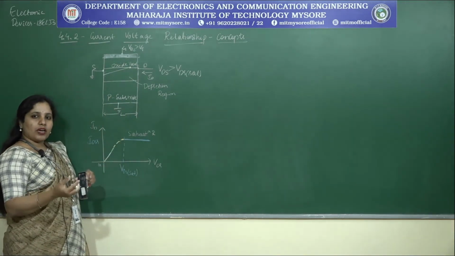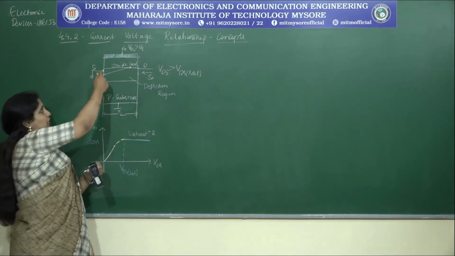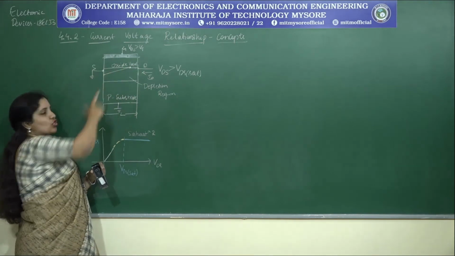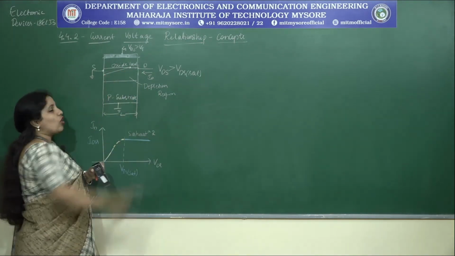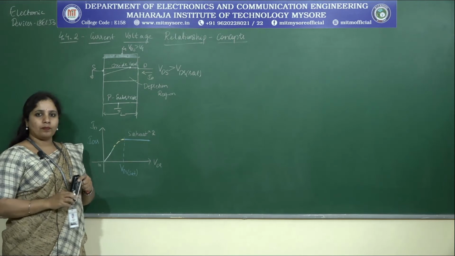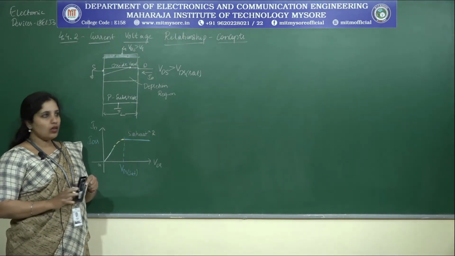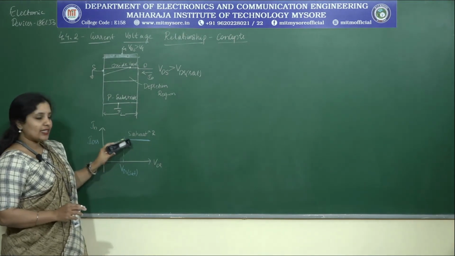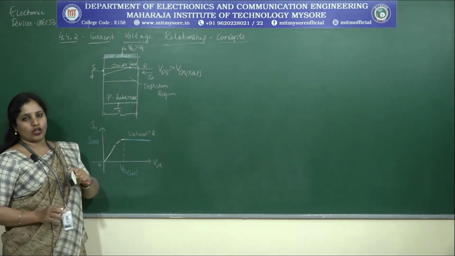Is it the same compared to the previous case? In the very first case, the channel length was from source to drain. Now it is only this much. Getting my point? That is what you have to understand clearly. Done? Now, what is exactly happening here to ensure that there is a constant current flowing across the device?